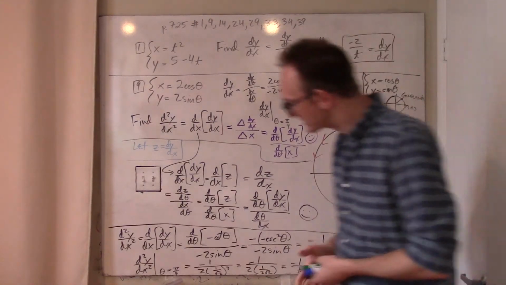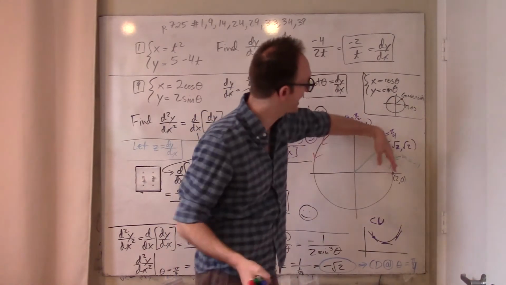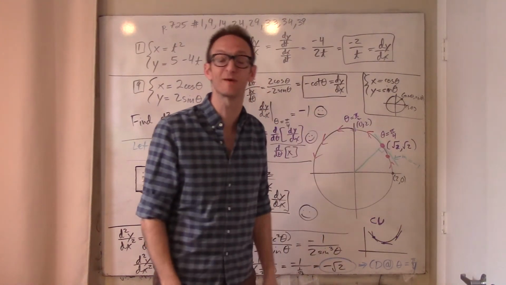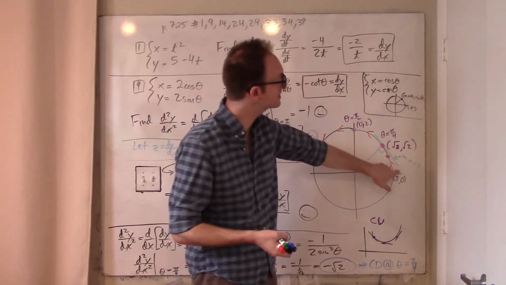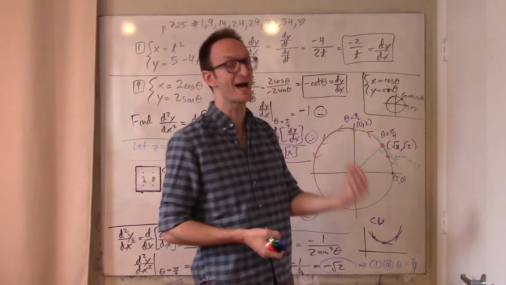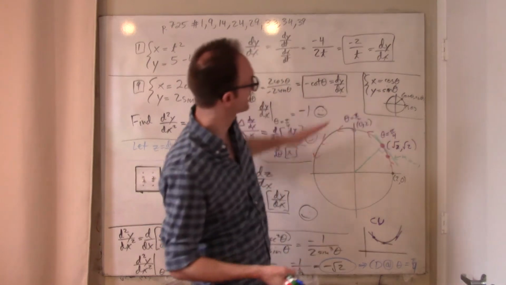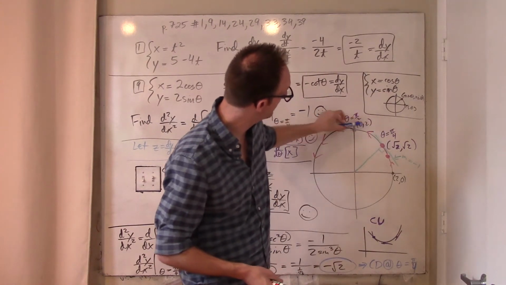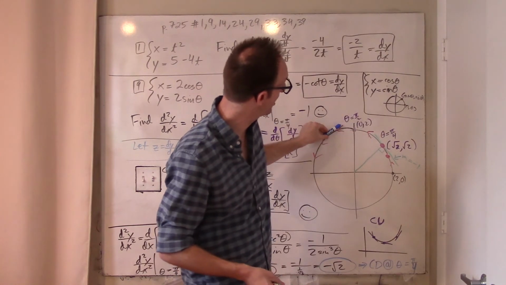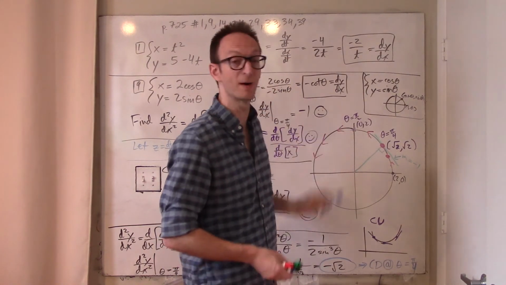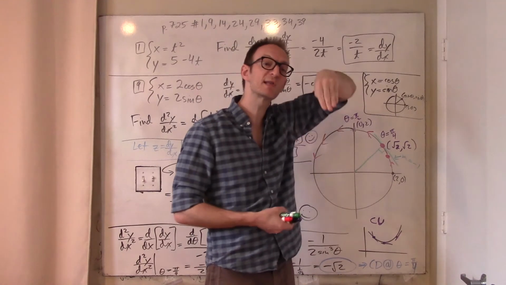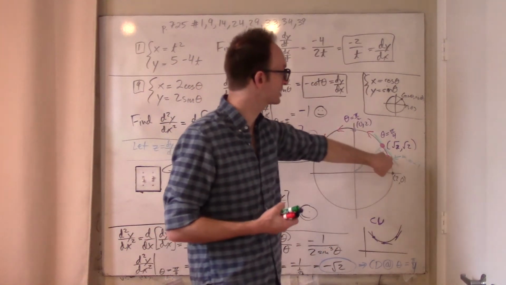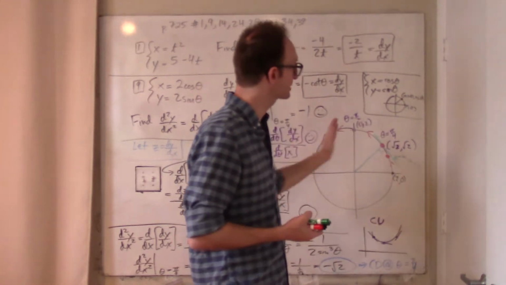So if you ask casually what's happening to the slope of the tangent lines over time, they're actually increasing. They're going from a big negative to a 0 to a small positive to a big positive. So even though with respect to theta the slopes of the tangent lines are increasing, with respect to x